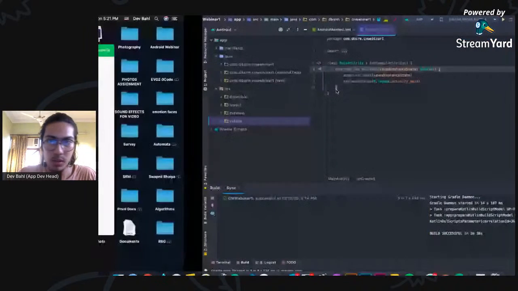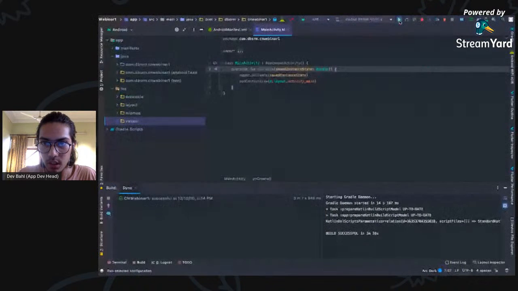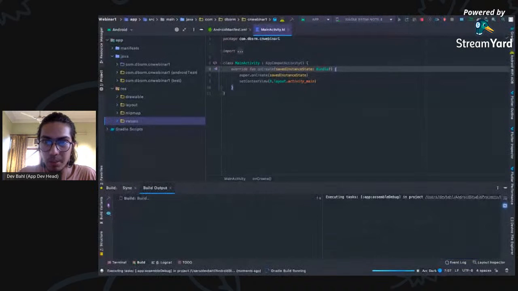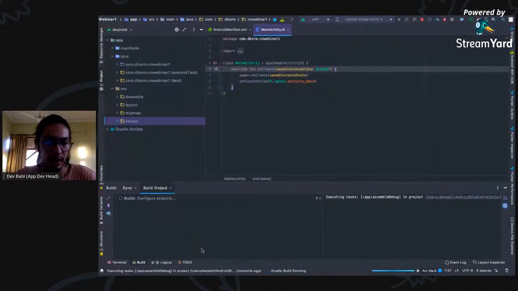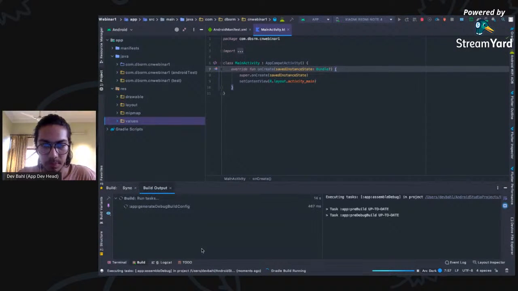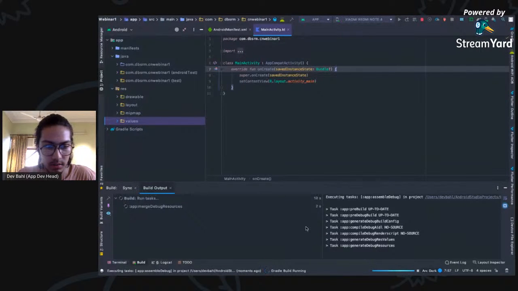Now, what you have to do is run your app from here. Basically, click the play button, which runs your app and installs it simultaneously. Now Gradle will start building the project. It won't take long because we've already run it for the first time, which takes more time. So as soon as it builds it,